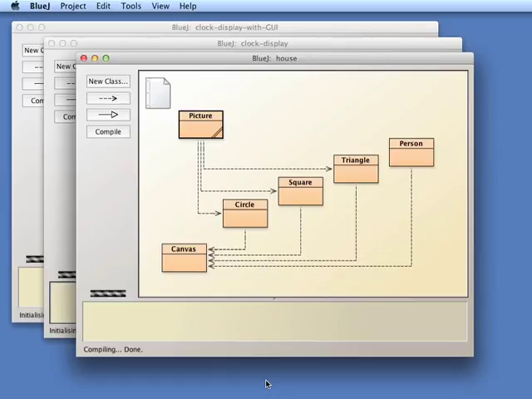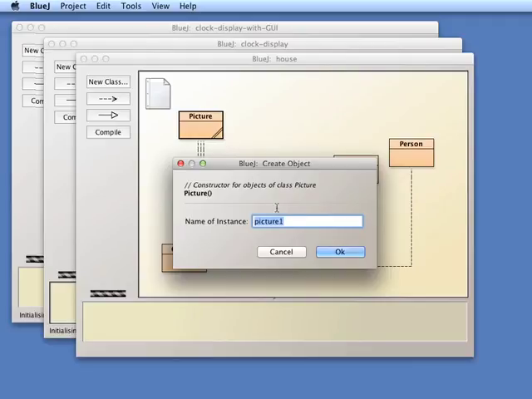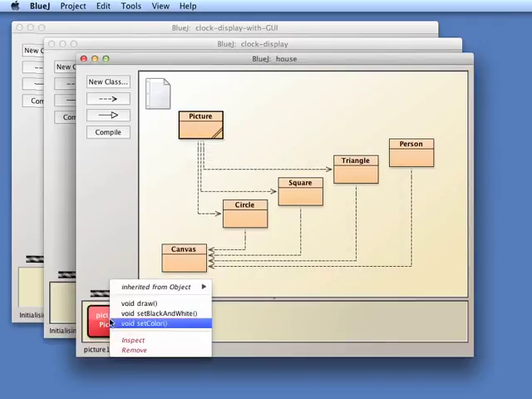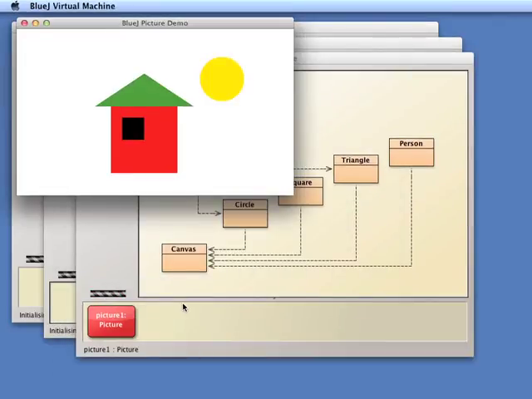In this video note, we're going to think about programs that require more than one class. We've already seen from the house project that we can get objects from different classes to collaborate together to create an application. Here, a picture made up of squares, circles and triangles,